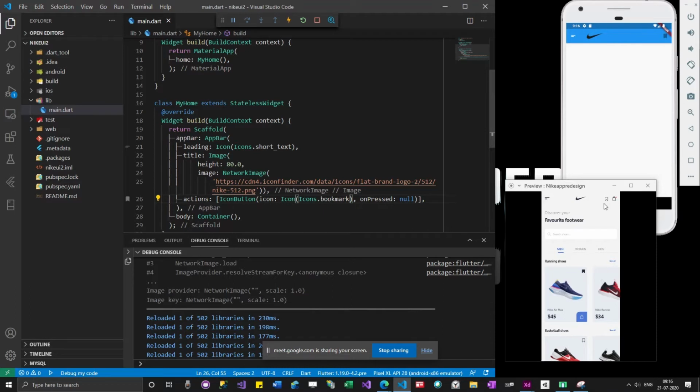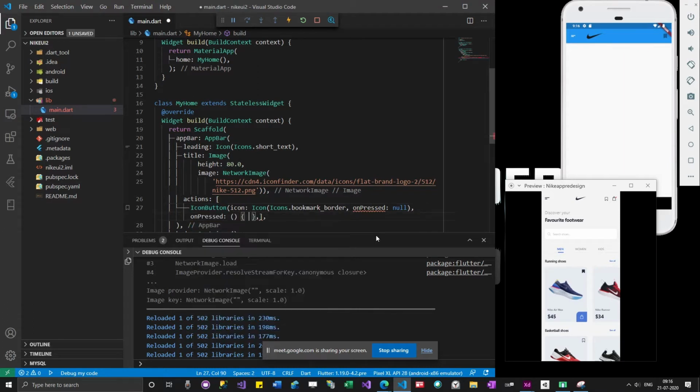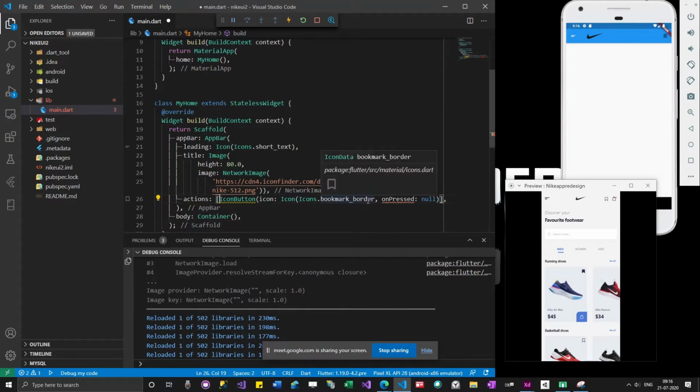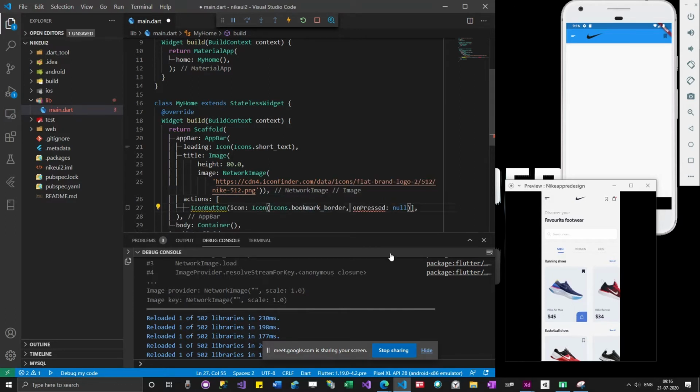So I want a border icon, bookmark underscore border. Okay, so there is some issue. Okay, sorry. So the issue is fixed.